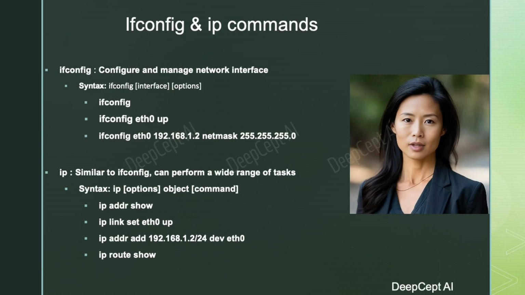In Linux, both ifconfig and ip commands are used to configure and manage network interfaces, providing information about the current network setup and allowing users to adjust various parameters. While both commands serve similar purposes, they differ in features, syntax, and functionality. Ifconfig, short for interface configuration, is an older tool, whereas ip is considered a more modern and powerful command. It replaces several older networking commands, including ifconfig, route, and arp, offering improved capabilities and a simplified syntax.